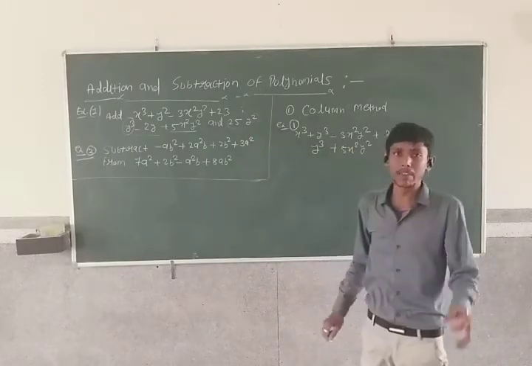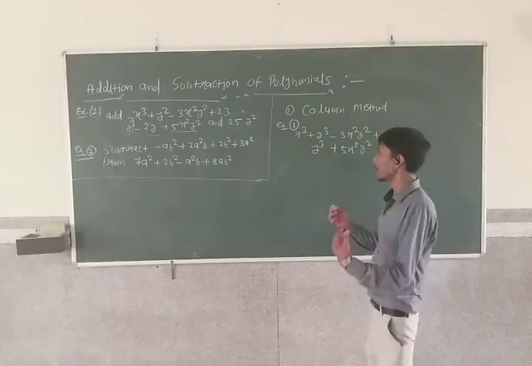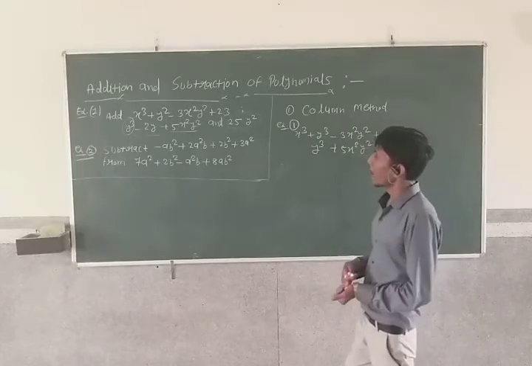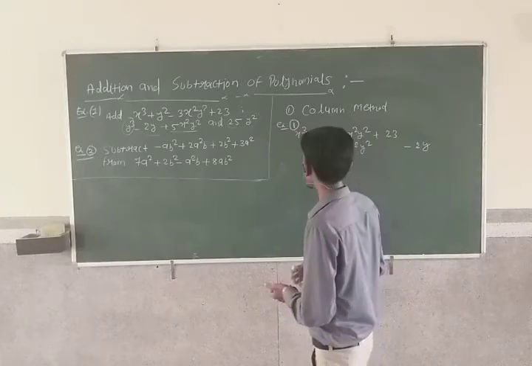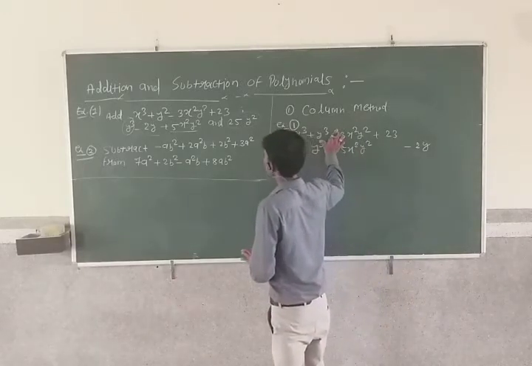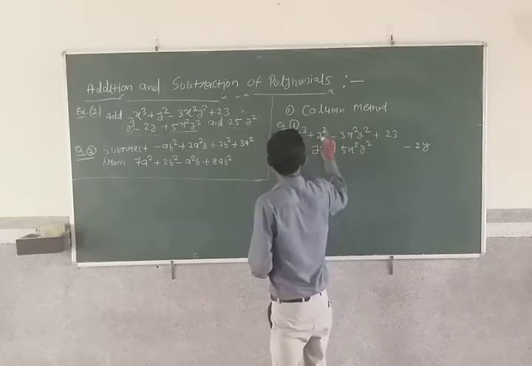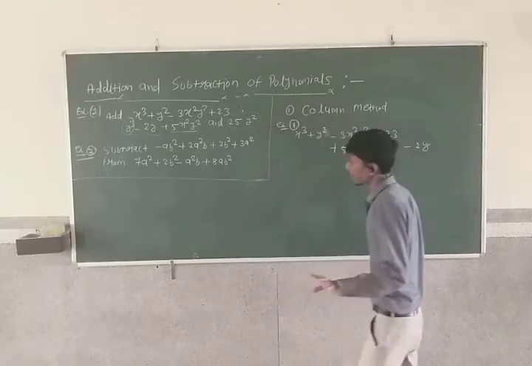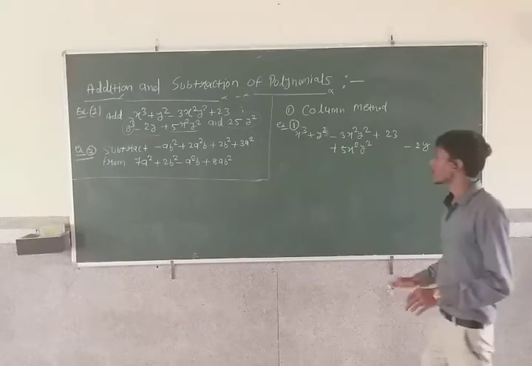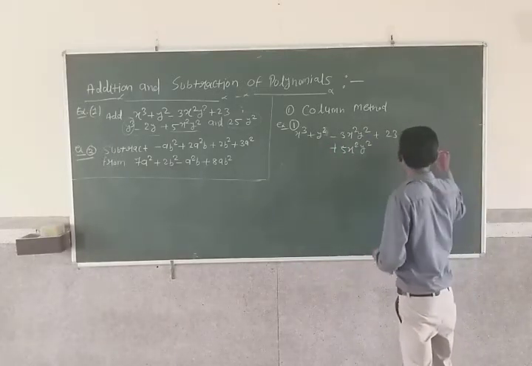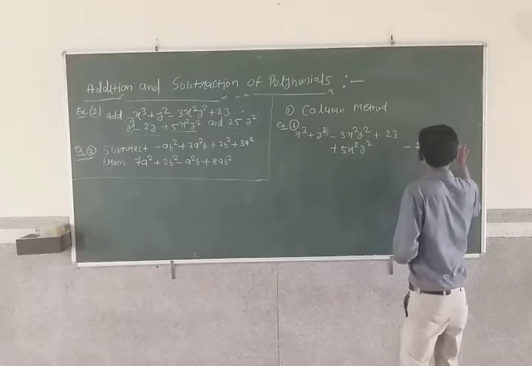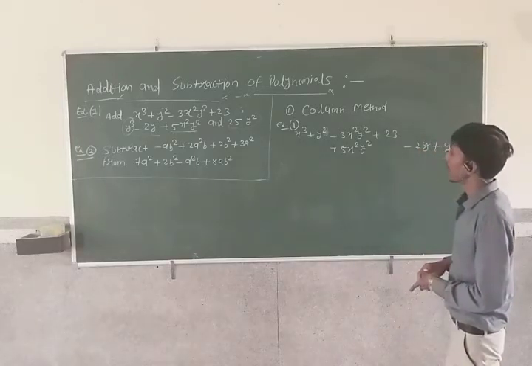The term with the variable y square will be written downside of the term with the variable y square. Sorry, there is a mistake. In this question, it was y square. Okay, so y cube is also not there, so I will write y cube also separately.